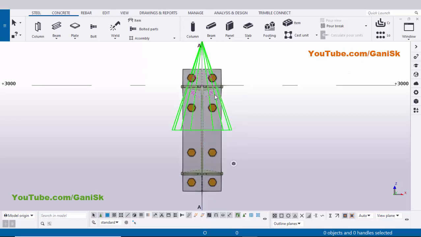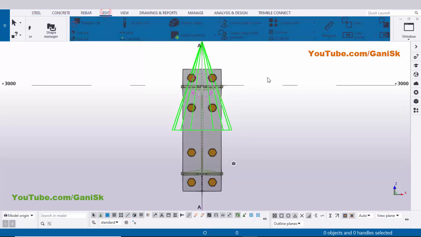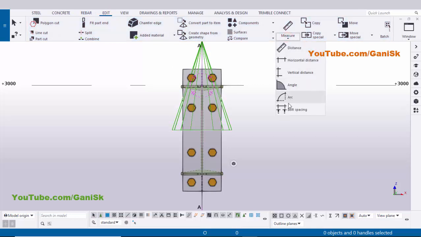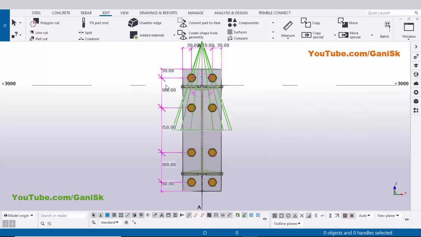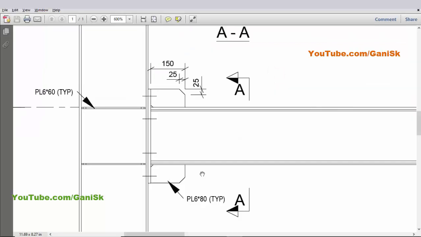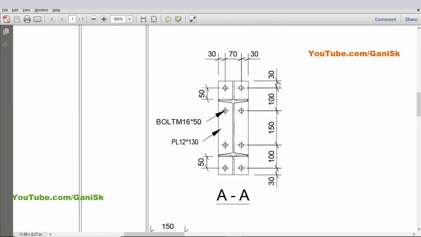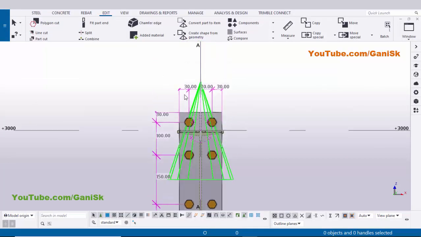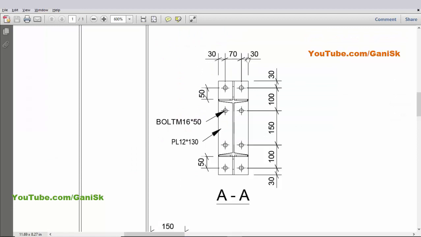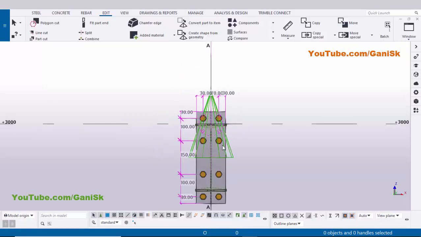Now going to measure the spacing. So click on edit and select this measure and select this bolt spacing, and you need to select this option, select object in component and pick the main part as a bolts, and then select this plate to create dimensions. You can see now we have dimensions, right click on mouse interrupt, 30, 100, 150, 100, 30. In our example, we have 30, 100, 150, 100, 30. Now coming to widthwise, we have 30, 70, 30. Okay, like that you can measure the spacing.